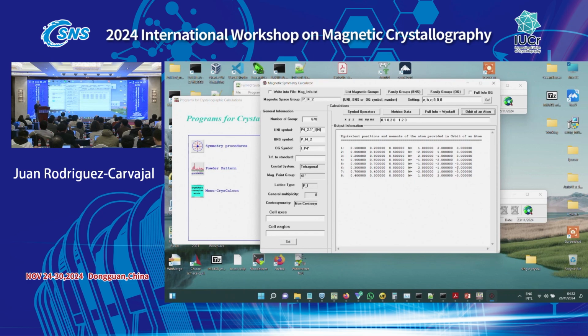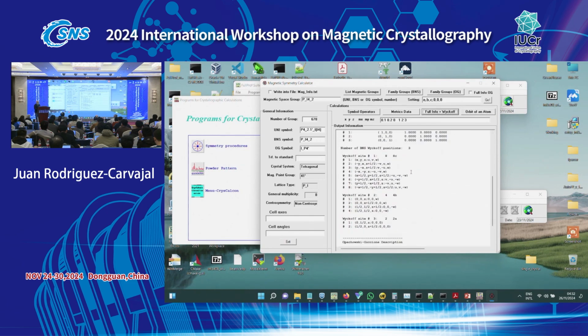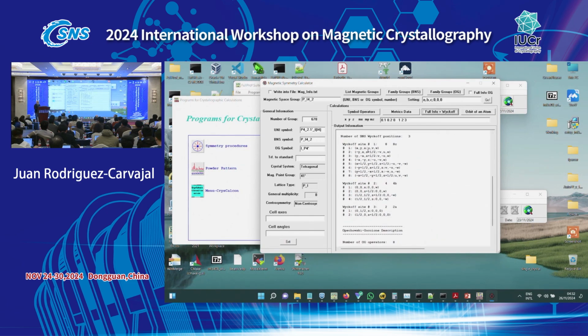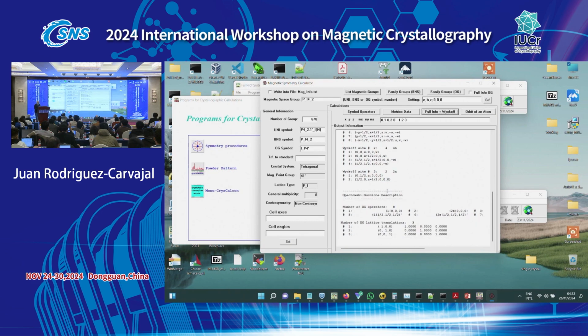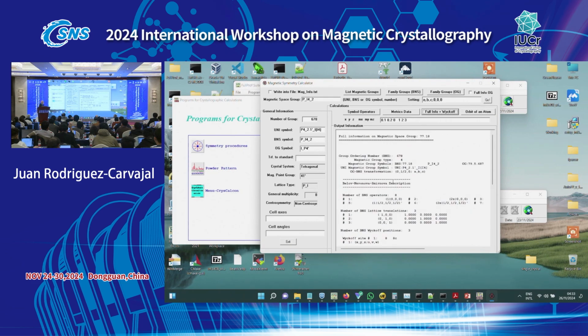And this is important. You can get, for example, full info, Wyckoff positions, etc. And then you see here all the Wyckoff positions of this magnetic space group with the positions and how the magnetic moments are changing. Well, you have facilities like that and many other things for magnetic structures, and this is what is important.